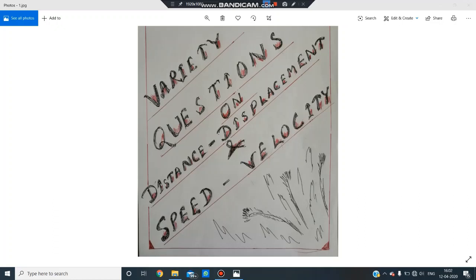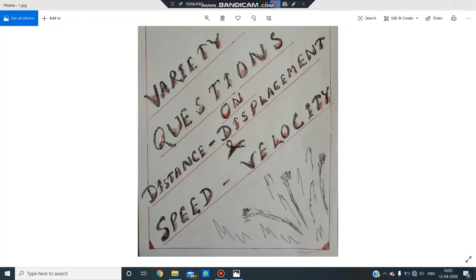Hello, children. We are now ready with a new lesson on the topic motion, and this particular lesson will be basically focused on a variety of questions on the topics distance, displacement, and speed and velocity, which will help you to understand these topics in a better way and to solve a few new questions in your next assignments in a clear